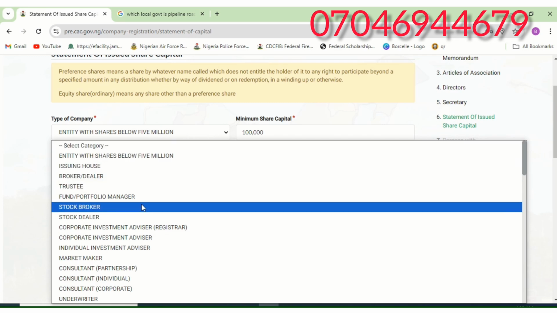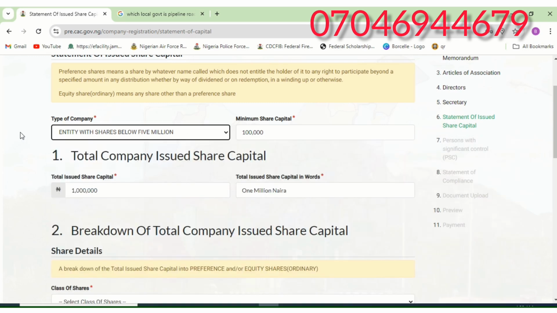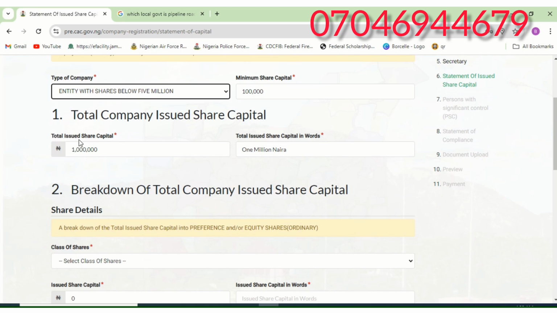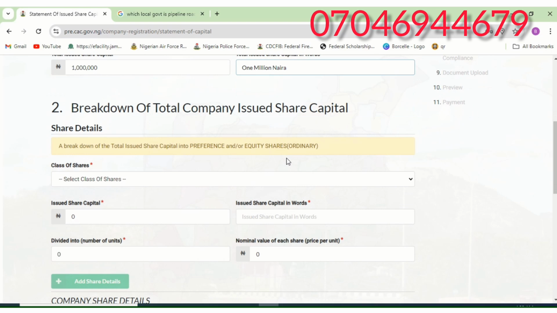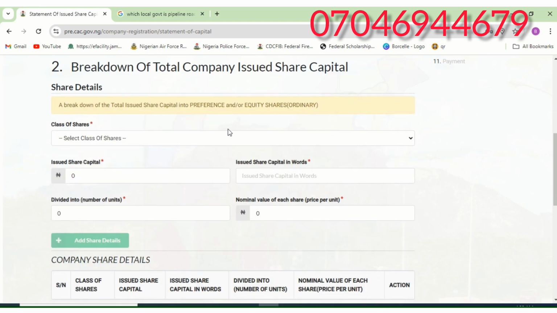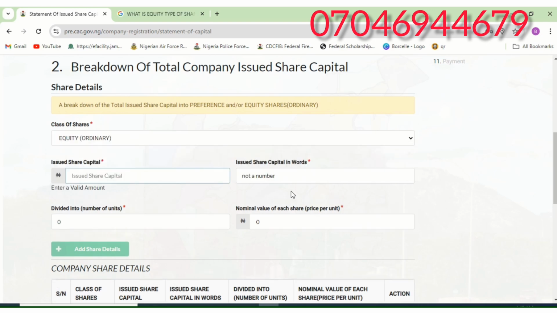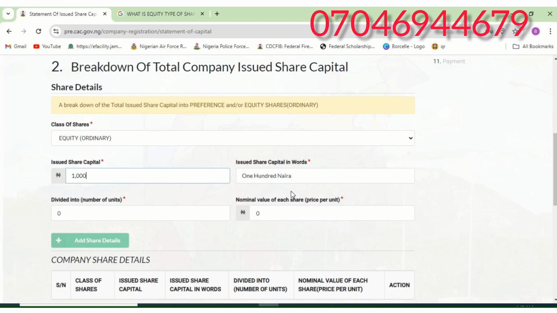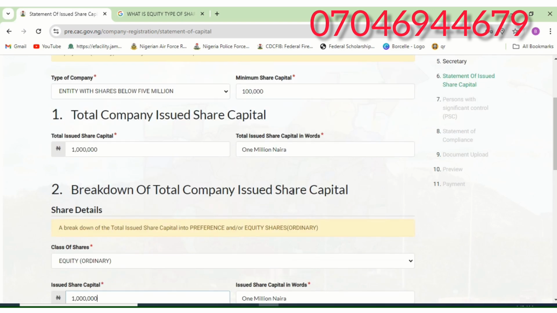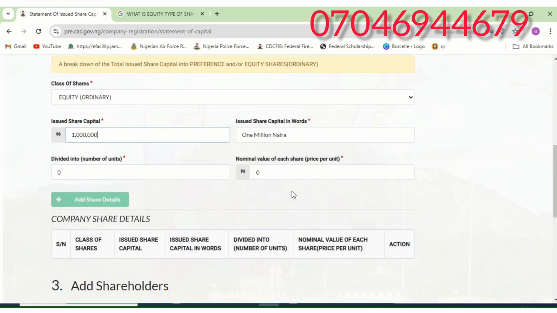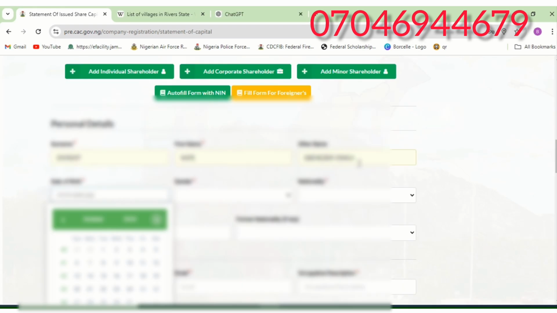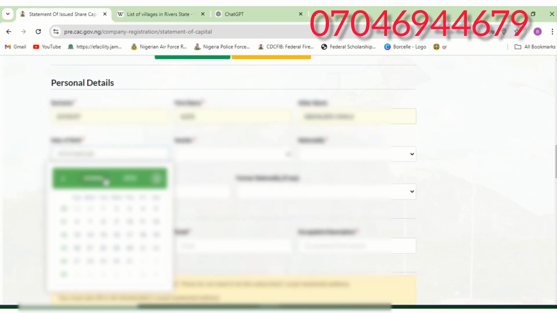So here you can see type of company. You select entity with share below 5 million. For me, that is the type of company I'm registering. Then the minimum share capital is 100,000, while the total issued share capital is 1 million naira. Then here, I'm going to select the class of share. I'm going to use equity ordinary. Then here you are going to put the issued share capital, which is 1 million naira divided into 10. So remember to put that, and then once you have done that, you can now go ahead and add the